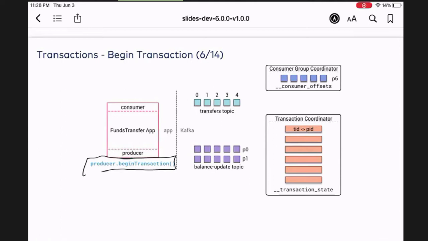And when I go to begin the transaction, how does the epoch get mismatched? That's a question that came in. In that case, it's not so much a mismatch. When you're writing the data, you have an epoch associated with your current transactional ID. If you are the same producer with that same transactional ID, then you should have the latest epoch.